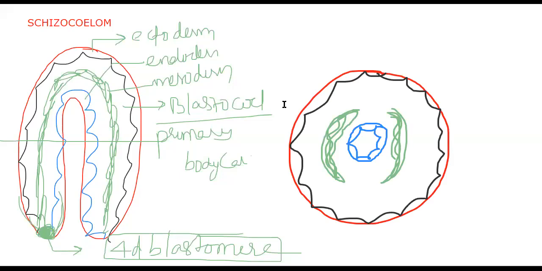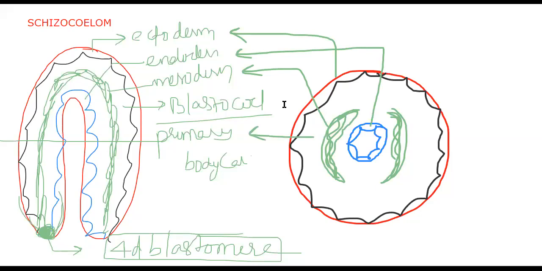The same labeling will be applicable here also. Ectoderm as usual and endoderm as usual. Then the mesoderm I am showing here, and that cavity, the blastocoel or primary body cavity. We didn't make any change there. This is the transverse section, TS of gastrula. From here onwards we run the story with this transverse section. Then let's start. Along with this particular transverse section, we need to move. So I'm going to draw this again to understand the transverse section of the gastrula.